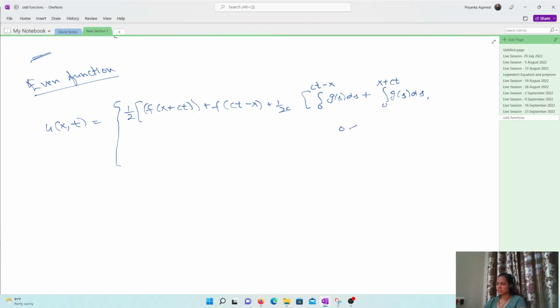So this is the case when x lies between 0 and ct,